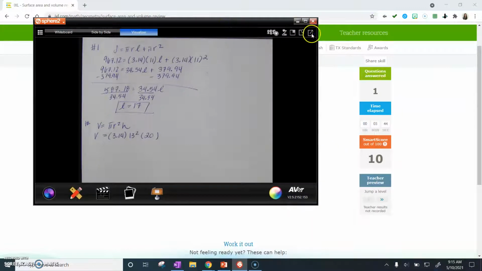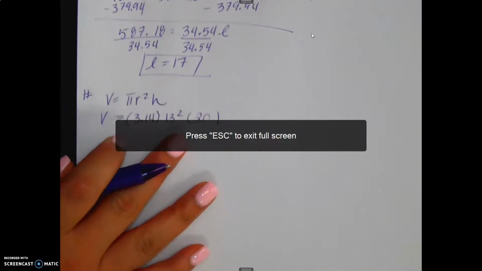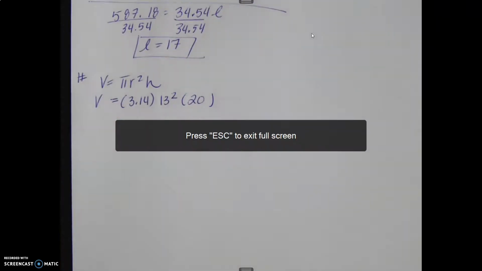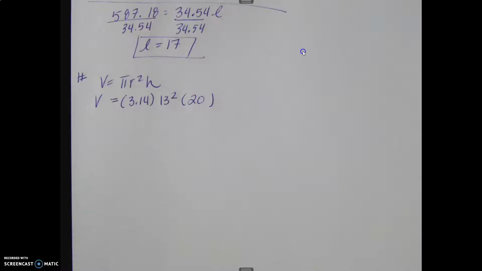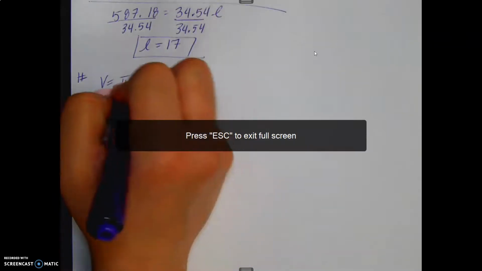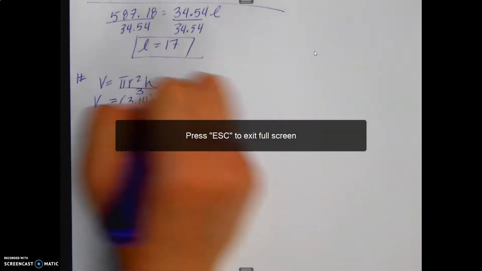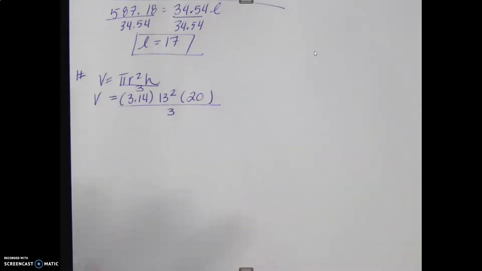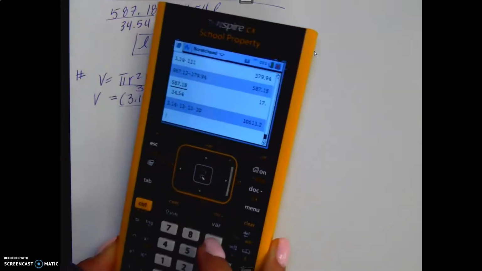All right. So I've got pi r squared h for volume of a cone. I believe it's divided by 3. Yeah, it's a cone. Divided by 3. So I have to do the same thing here. So pi r squared h divided by 3. 3.14 is pi. 13 is my radius. My height is 20. Now I just plug in the stuff. 3.14 times 13 squared times 20 gives me